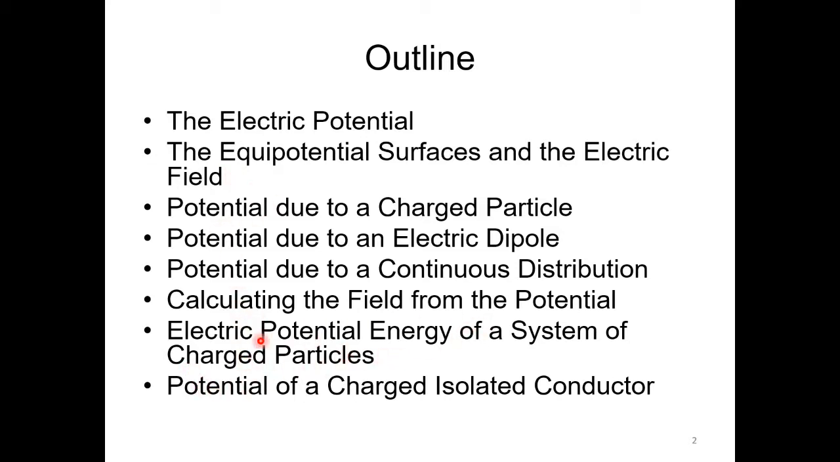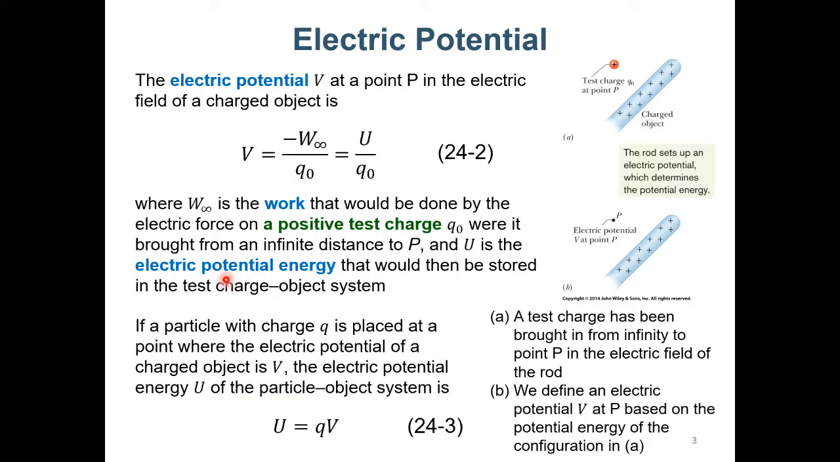And the other important variable is the electric potential energy. Other quantities are related to these two variables. So first of all, electric potential. It is V, and it is defined by